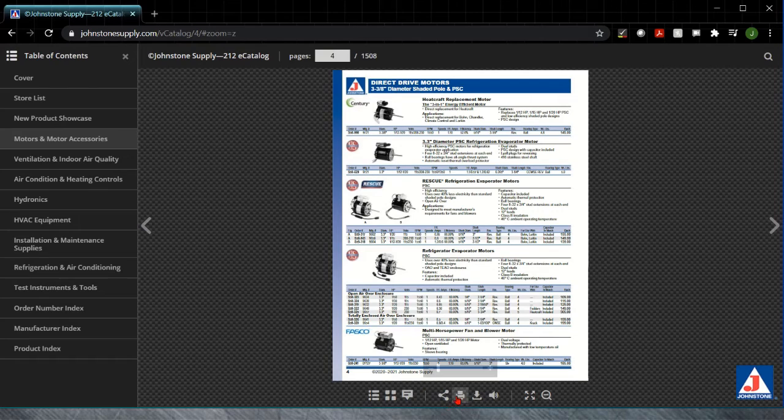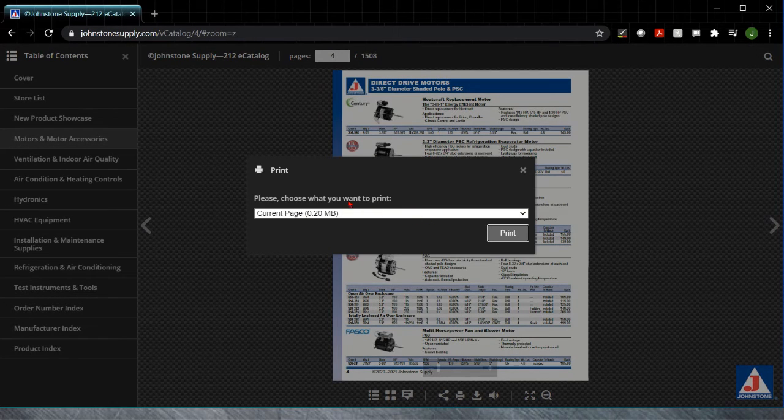This next item here is just a print option. It's going to give you, again, the option if you want to print out that page, or if you want to do a custom range, which when you hit print, your printer will allow you to choose a range of